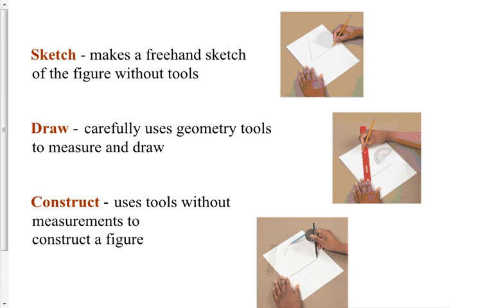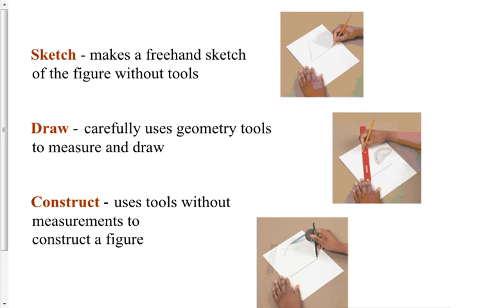To sketch something is to make a freehand sketch of the figure without any tools whatsoever. So if you're asked to sketch a certain figure, you have a picture of that figure in your head, and you simply pick up a pencil and put that picture in your head down on paper. No tools, no straight edge, nothing but your pencil. All right? Now the next word, draw,